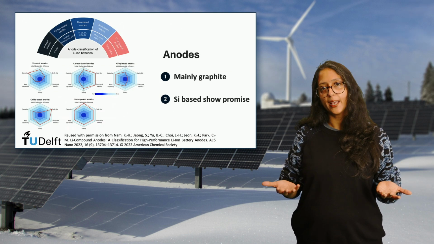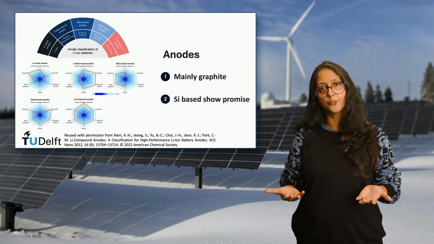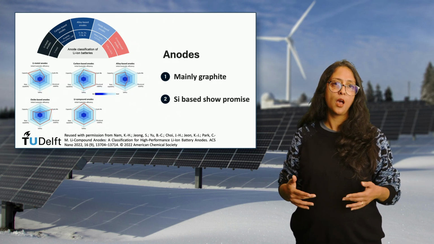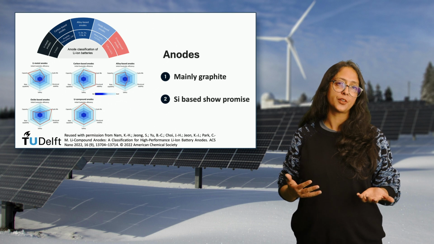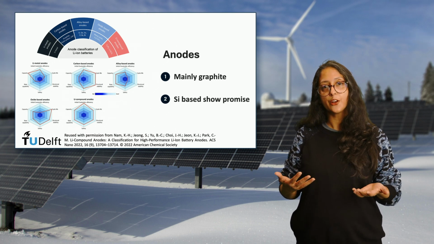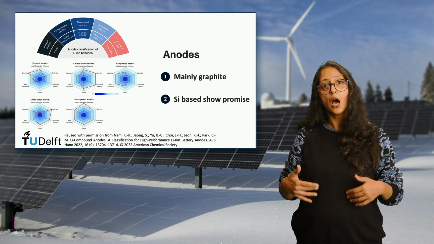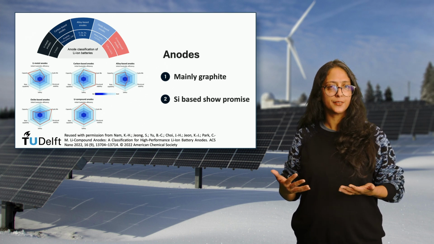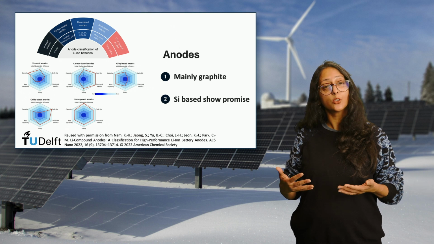As anode or negative electrodes in lithium-ion batteries, graphite is the most highly used material. A lot of other candidate materials are being intensively researched, as shown in the figure. However, among these, the silicon-carbon composite anode, which has a higher density than graphite alone, is one of the more promising.